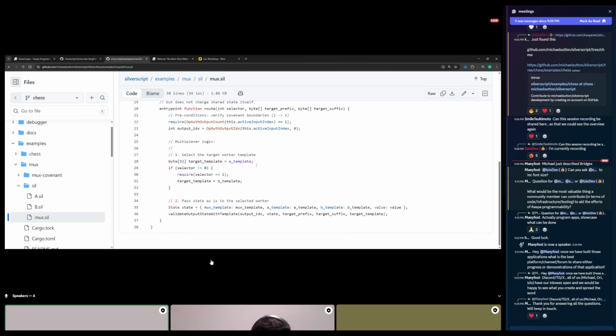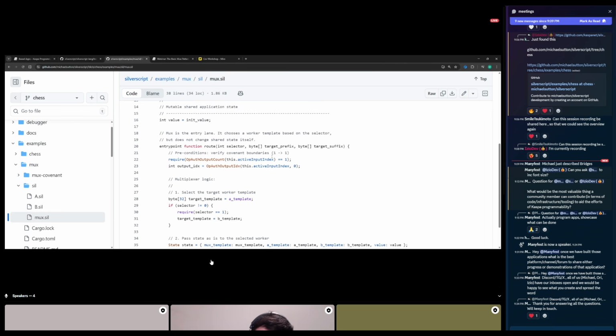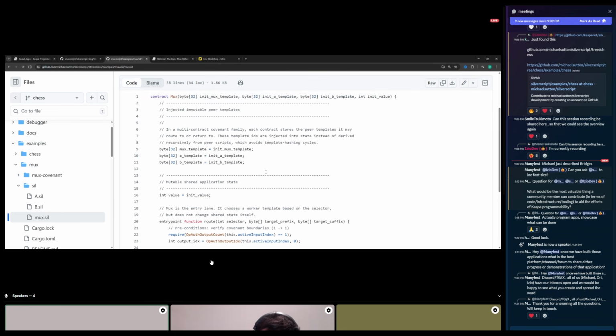And that's going to create a hashing cycle, which is unsolvable. So essentially, we have to create it in a way that the hash or the template of a script doesn't include the other templates. And the other templates get injected at Genesis. Genesis is like the initialization of the covenant. So the person initiating the covenant family can show everyone else, and it can be easily audited, that it was initialized with the right templates that correspond to the actual contracts in the system. So in order to avoid cycles, we have to get all the templates injected.